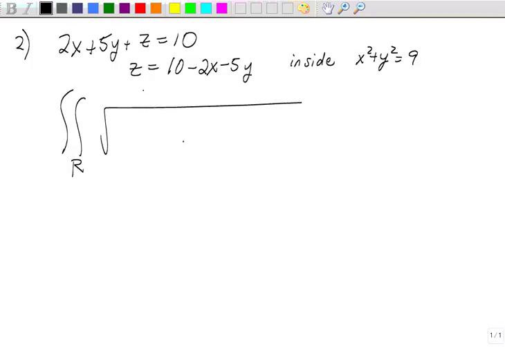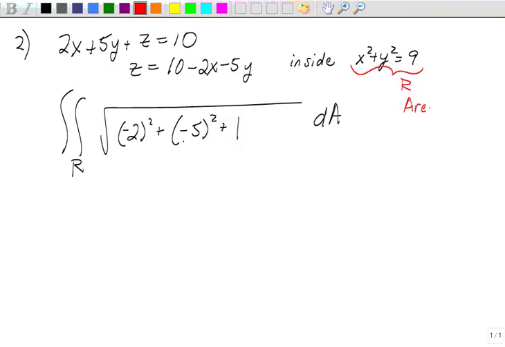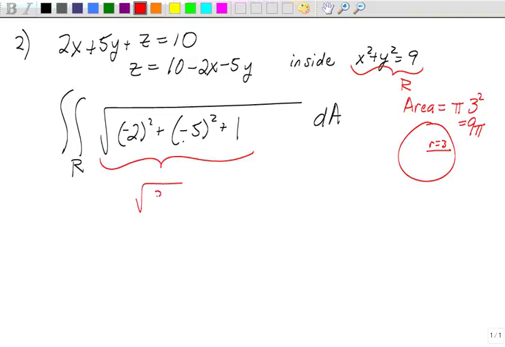For surface area, you would take f_x, so that's minus 2 squared, f_y is minus 5 squared, plus 1, dA. Now, if it's inside this circle, if that's r, the area of that, it's a circle of radius 3, is pi r squared, which is 9 pi. So when we do this, that's going to be square root of 30, and so the